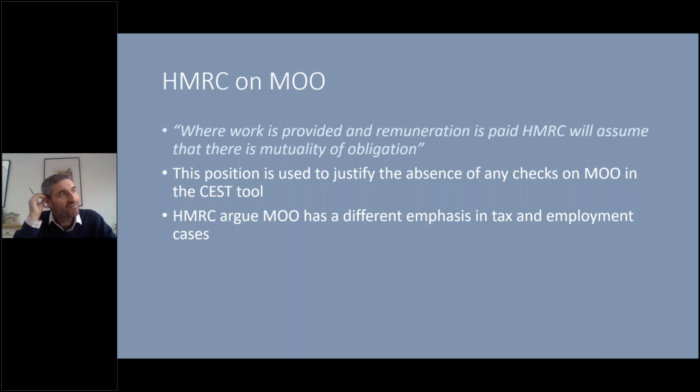HMRC say it's a different thing when we're considering employment status, but for tax purposes, we're only interested in what's happening once the money's been earned. So we're looking at that period of time while the money's been earned, not what happens when someone's not working and whether there's obligations there, such as the Uber driver who has decided to turn off their app. Are they obliged to turn the app back on at some point? That would be something to consider for employment status, but not for tax status, HMRC say. I know this is quite complicated, but broadly speaking, HMRC are only interested in when the money's earned, because that's how you pay the tax.